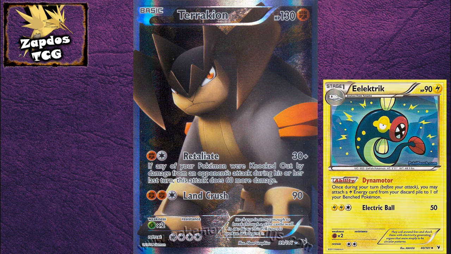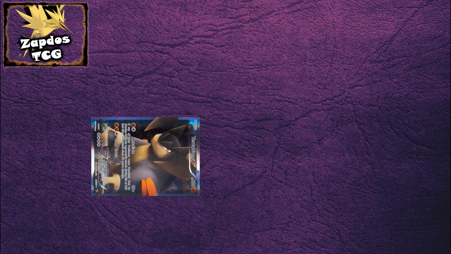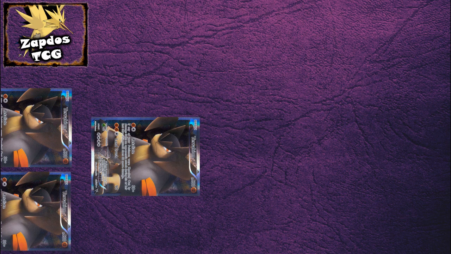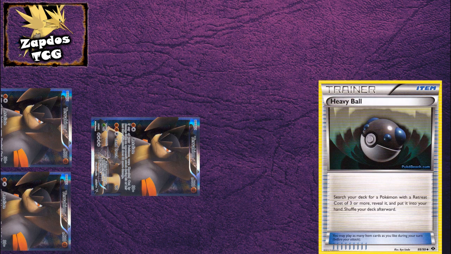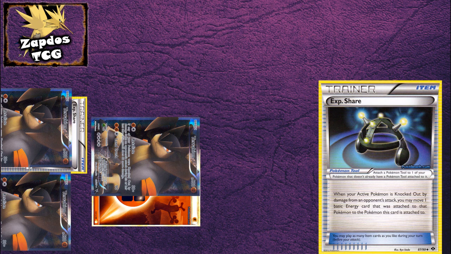And someone actually decided to build a deck around Terrakion alone, so it has 4 Terrakions in it, and that's all. So here's how the deck works. You try to get out Terrakions at the beginning of the game by using Collector or Heavy Ball, and then when you have those out, you attach a Fighting Energy to your active Terrakion, or maybe a Rescue or stuff like that, and then you also attach this XP Share to one of your bench Terrakions, and then you go from there,